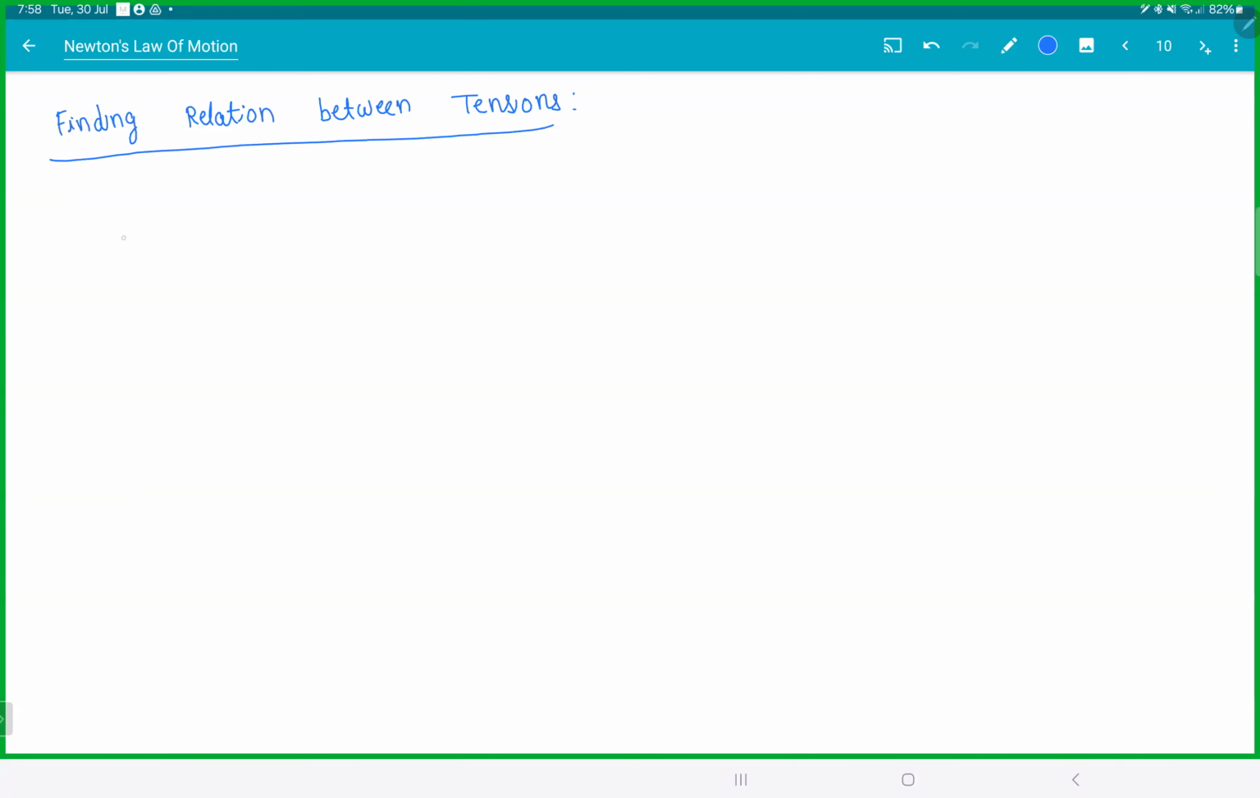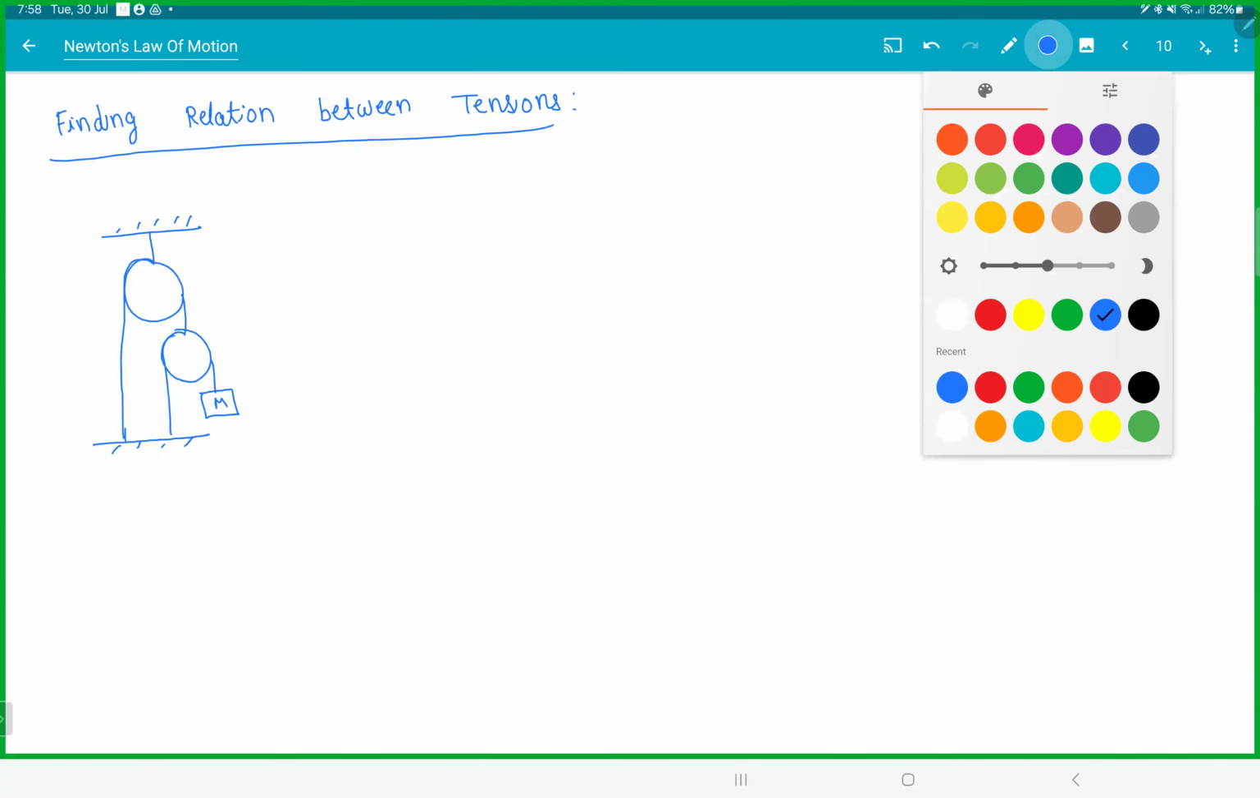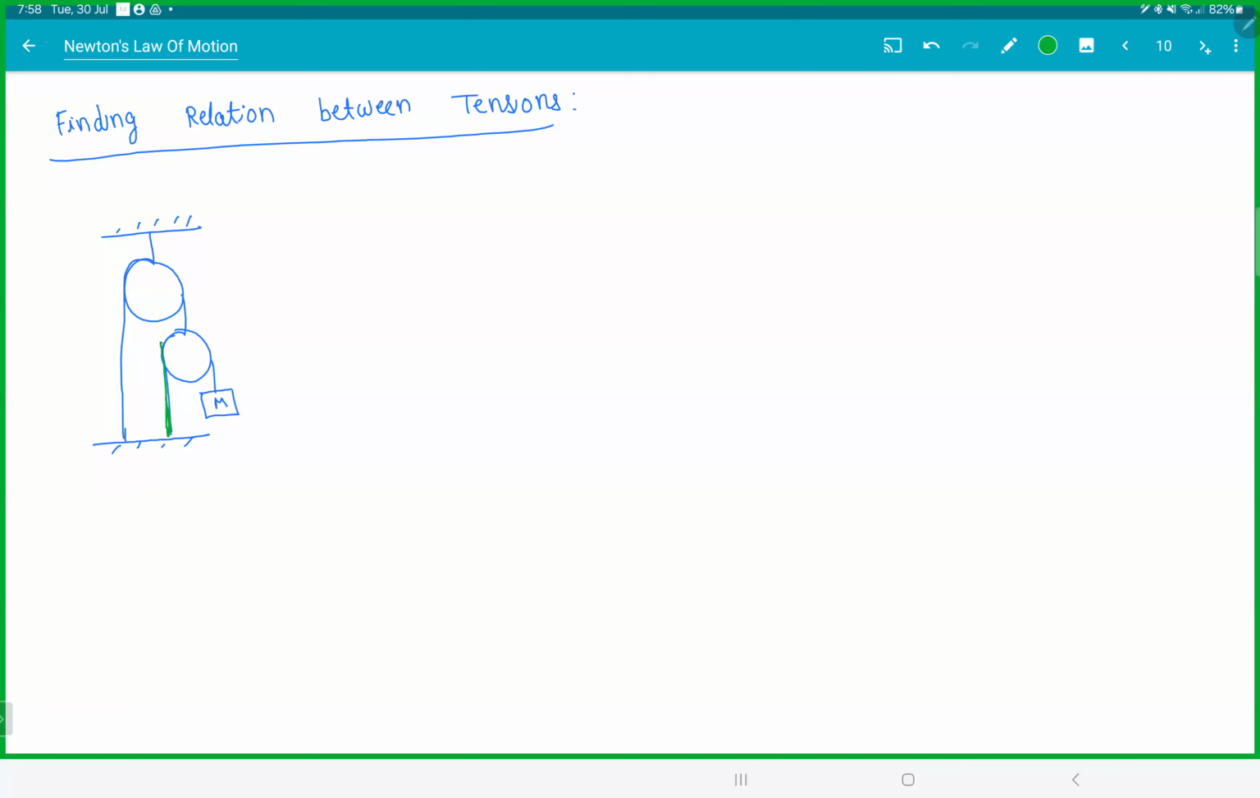Suppose every time you won't be so lucky to get a single string. Sometimes you'll have multiple strings to handle. For example, like this. Now look here. This entire green one is one string. This red one is a second string. So there are two different strings here. Now if I call this T1, and call this pulley 1 and pulley 2, you will notice,